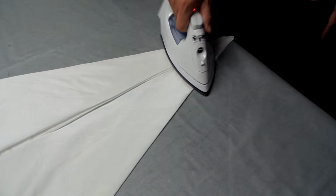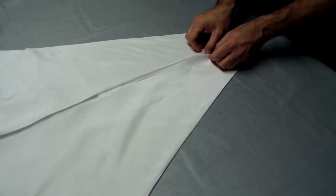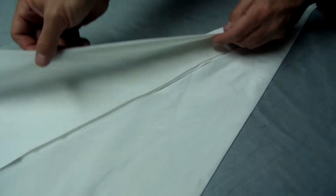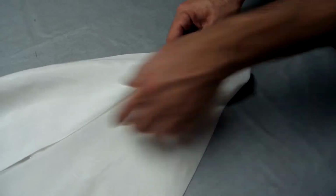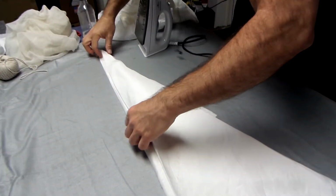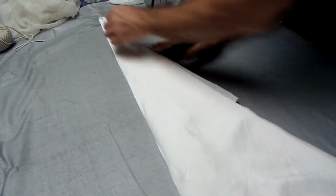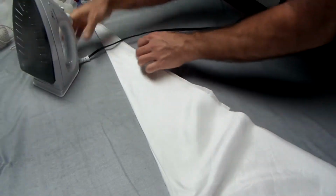So here's the tricky part that I try to tell people. We want to make sure to have access to the fabric that's inside here. So instead of folding this over and trapping off all of that open fabric, we're going to fold from here. Some people try to do this with gloves on. I would not try to do it with gloves on. You want to use your hands and play with it as little as possible. The more you futz with it, the more that it will